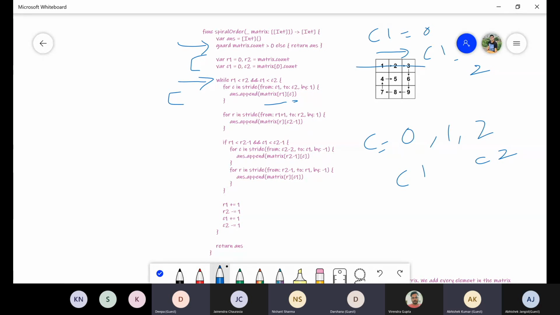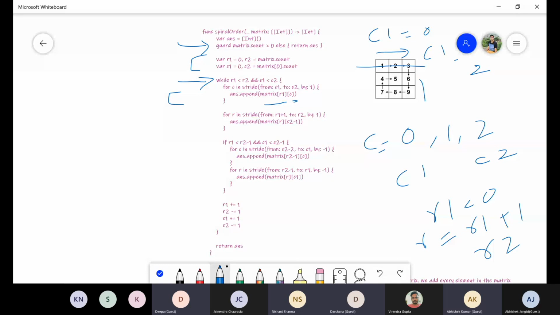Now we need to traverse in this direction, and we do not need to consider the first row. So I will increment the row. Initially R1 is 0, so my for loop should start from R1 plus 1, and it should go till R2, right?